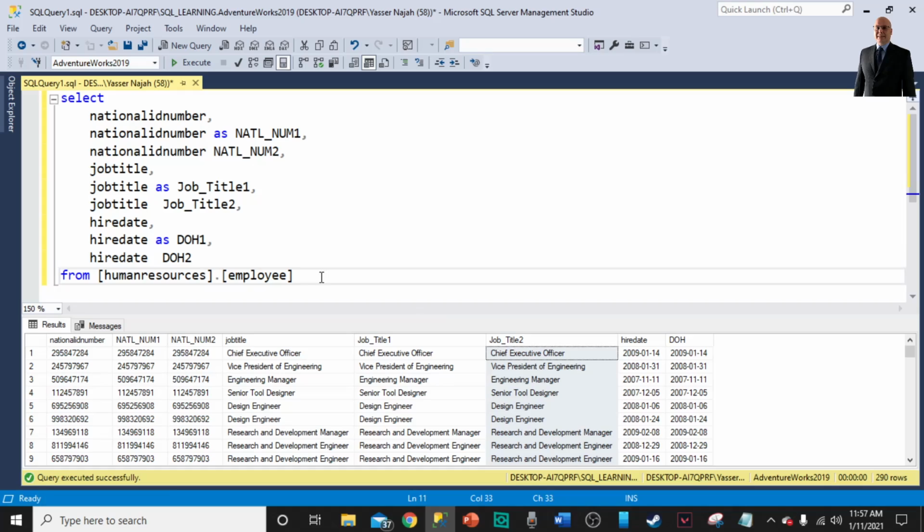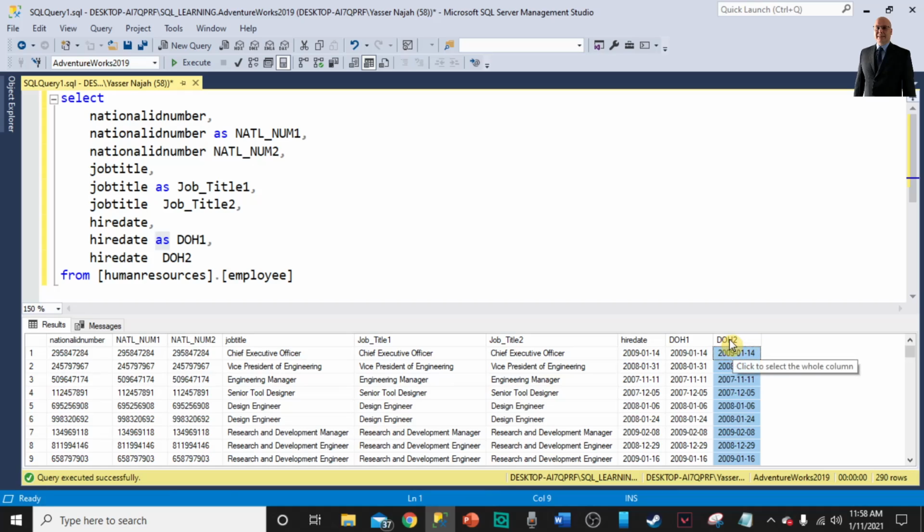You should probably get the point by now, but let's just add an extra example. Okay, so our original column in the table is actually named hire date. We alias it as date of hire 1 using the operator AS, and in another example we alias it as date of hire 2 without the operator AS, and it still worked. Okay, hope this will help you